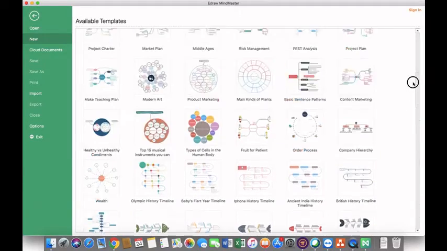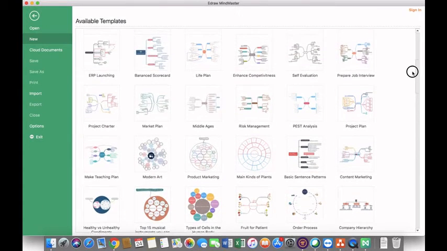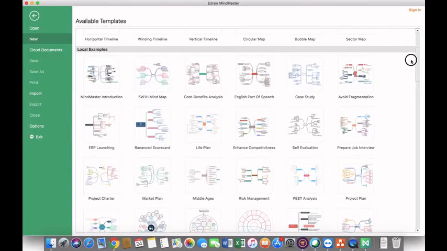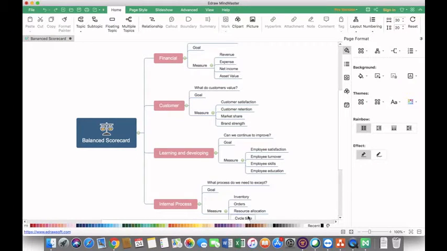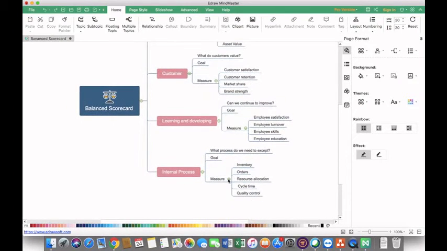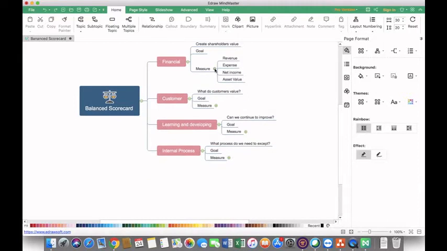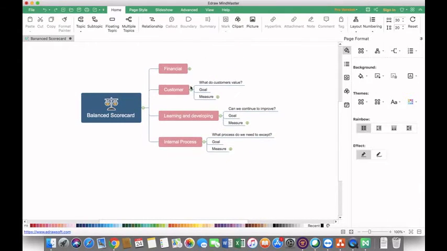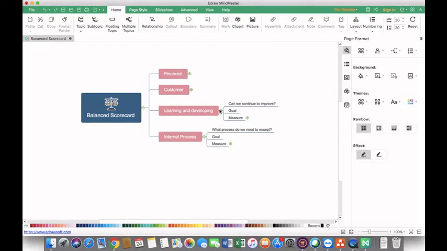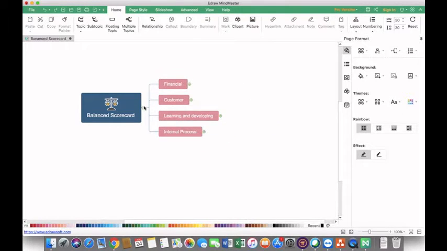So let me just give you a brief about this software by clicking on one of the templates. Let me just click on this balance scorecard template. So I'll click on this, and the template will be available to us. Yes. So let me first close everything, and then I'll tell you how we can use it. Let me just close each and every single piece of information. So yes, here I have closed every information.